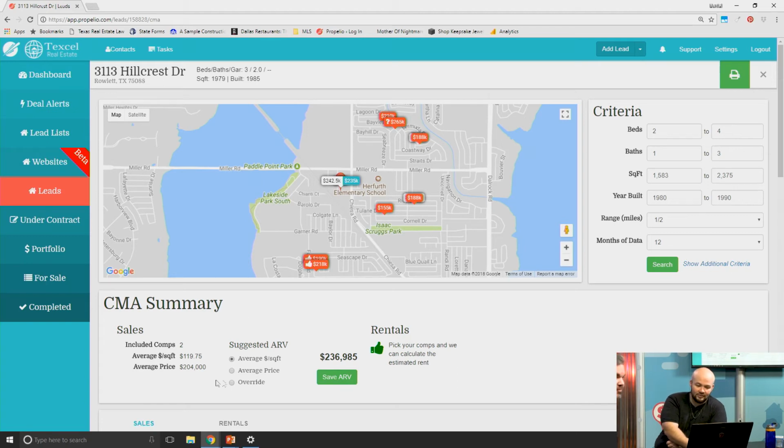What about the months of data? Like I said, with months of data, we need to stay within the last 3 to 6 months. That's going to be where our pocket is. But if I do that, you see what just happened to the map. So what I may have to do is go further out in distance to achieve that. But let's take a look at what we've already encompassed here.